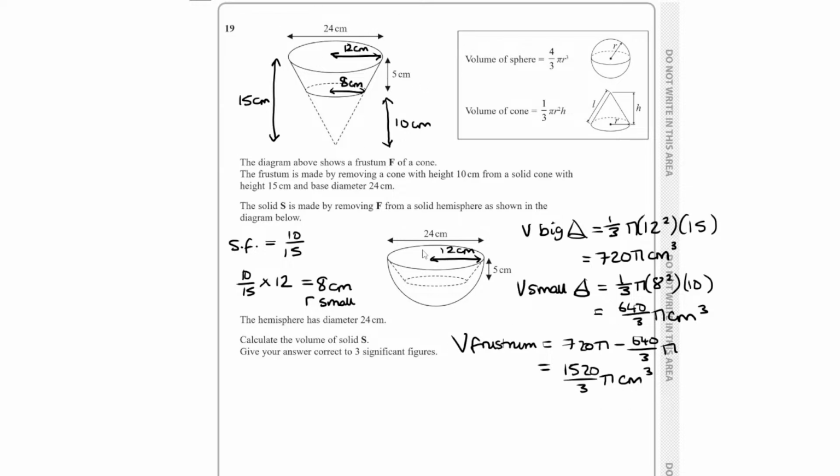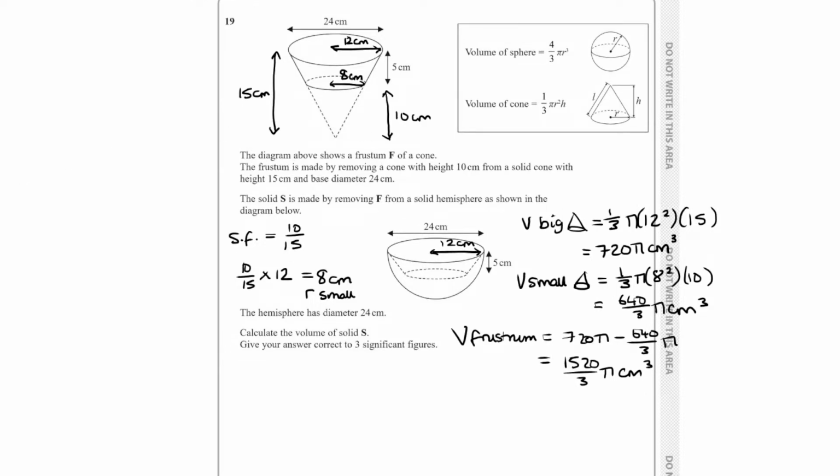Now we can move on from this. We're now on to the hemisphere. I don't want to scroll it too far because we need that formula, don't we? Again, a sphere, hemisphere, not a prism. You don't need to know those formulas, they will give it to you. So volume of a sphere, that's the only thing to bear in mind is they won't give you the volume of a hemisphere. They will give you the volume of the sphere. So obviously a hemisphere is half, so you need to remember when you're doing that formula to also half your answer. The volume, let me see if I can draw a hemisphere. Oh, that's a horrible hemisphere. Hemisphere, hopefully you know what I'm talking about there,